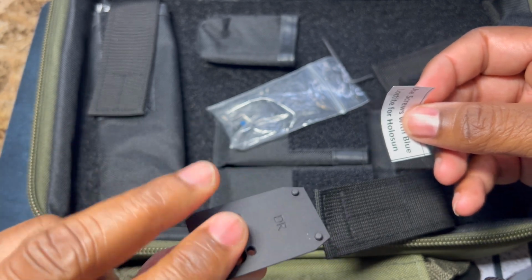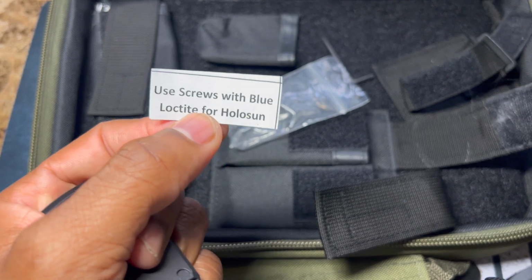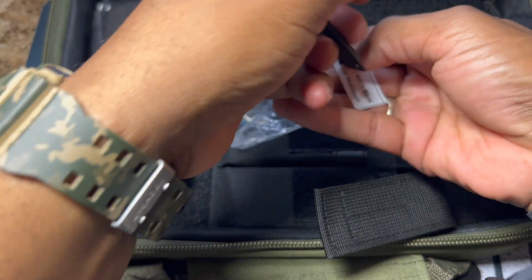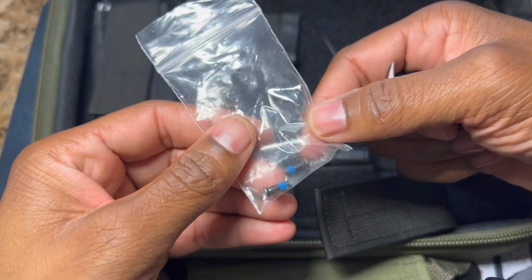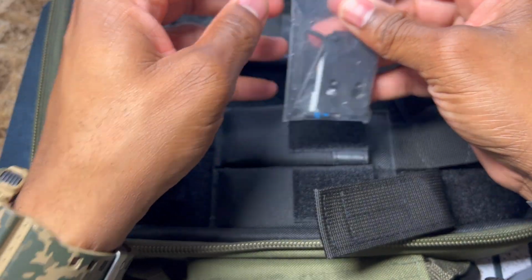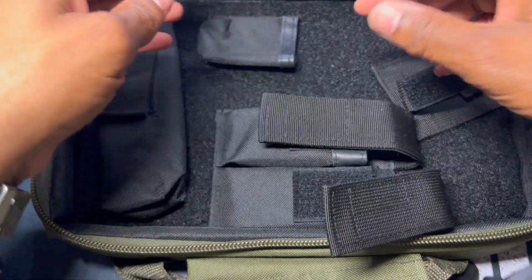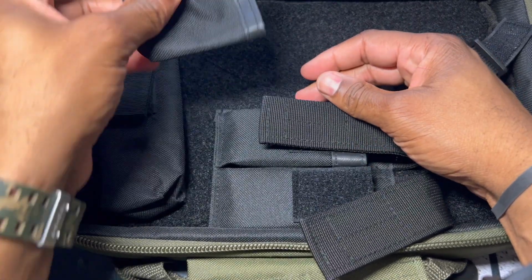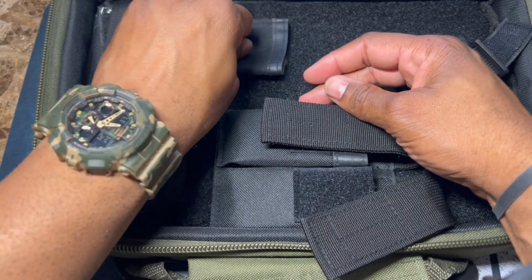All right, and obviously that's the one for the doctor cuts right there. And right here it says use screws with blue Loctite for Hollison. So they give you some important information on the inside, and those are the blue screws right there, guys. Let's finish looking at this case here, which is pretty cool. And then, as I told you before, you can organize different areas here to your liking. So you can actually take that completely off and organize that the way that you want to in your case,